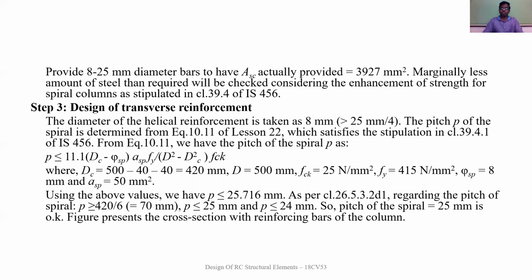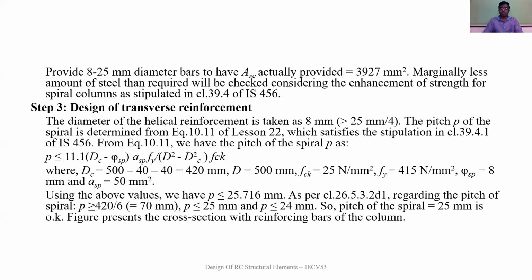Design of transverse reinforcement. As explained in the previous problem, the diameter of the helical bar here is taken as 8 mm because as per IS 456, the diameter should be the maximum diameter of the longitudinal reinforcement divided by 4, or 6 mm. So 25 divided by 4 gives a value of approximately 6.5, which is greater than 6. Hence, I am assuming the diameter of the bar as 8 mm. Pitch